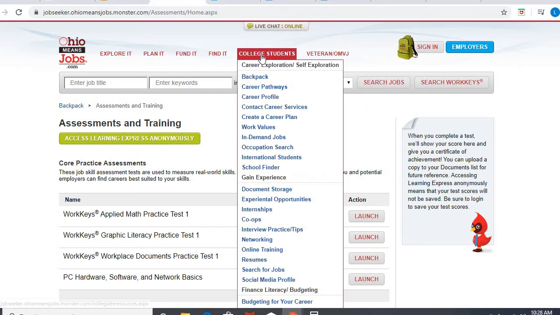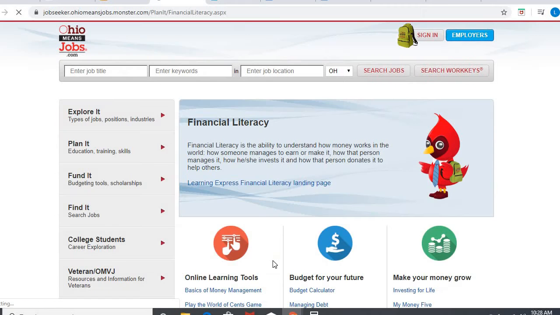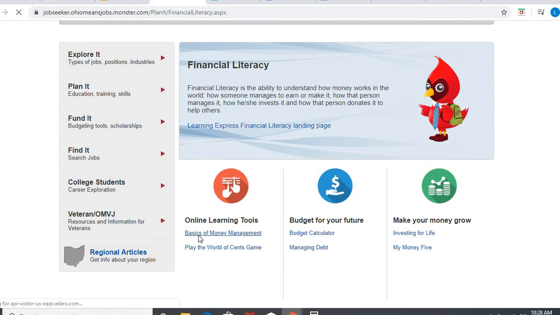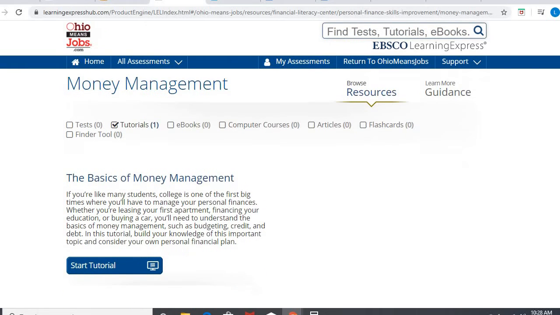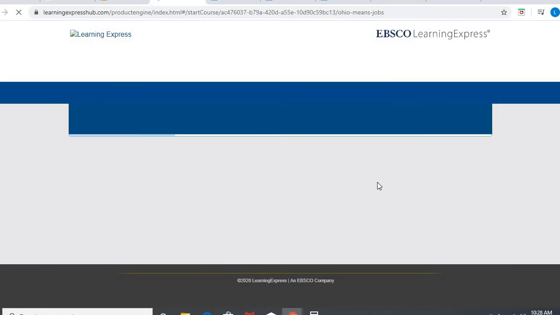You are going to go under college students, financial literacy. You're going to take the basics of money management. Now the video you watch that shows you how to get into this assignment will say you have to launch the site. They've changed the button to start tutorial. That's the main difference there.